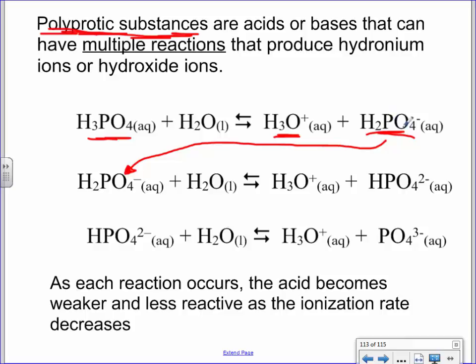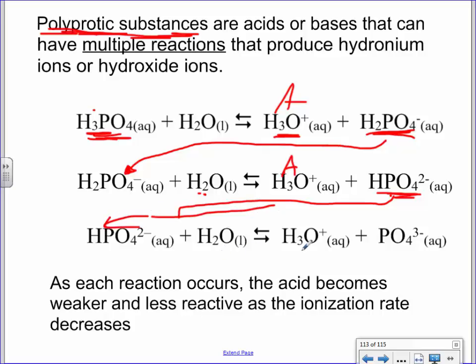Can you guys see how this H2PO4 is the byproduct of making this guy an acid? This thing right here is considered to be polyprotic because check this out. The byproduct that it produces can also react with water to produce even more acid and a secondary byproduct. And that secondary byproduct can also react with water to produce even more acid and a tertiary byproduct.